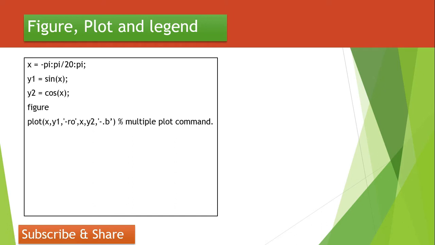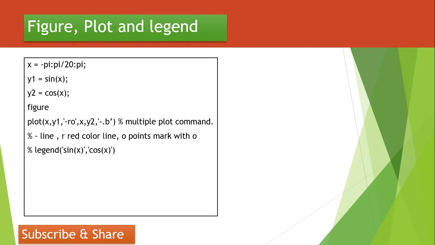To differentiate the sine wave and cosine wave with different colors and different markings, I have used here the dash. Dash represents the line with which we want to plot this wave, and R represents red color line, and O represents a point marked with O, meaning the values, these 20 values in between are marked by the value O. And similarly in the second plot, it will mark the graph with dash and dot with blue color. So B represents blue color, here R represents red color and O marks.